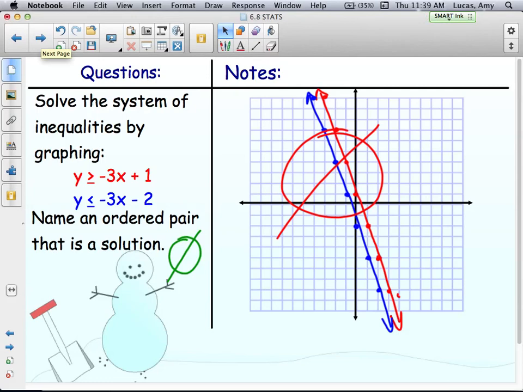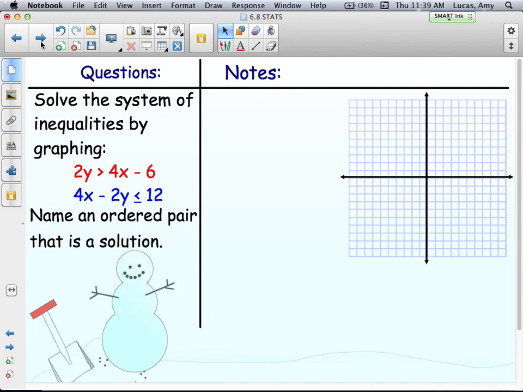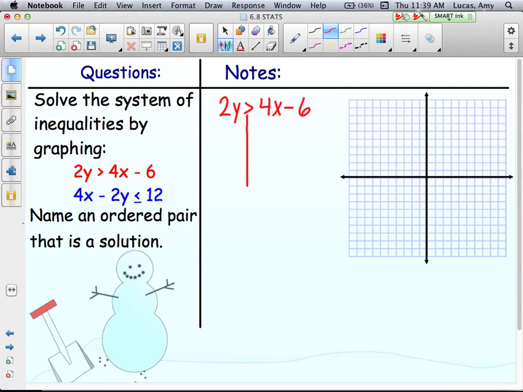Now, just because the lines are parallel with inequalities, it isn't always going to be an empty set. So please don't stop and skip the problem and just say it's an empty set because they're parallel. You'll see why on this next example. So on this next example, my first inequality, I need to divide everything by 2